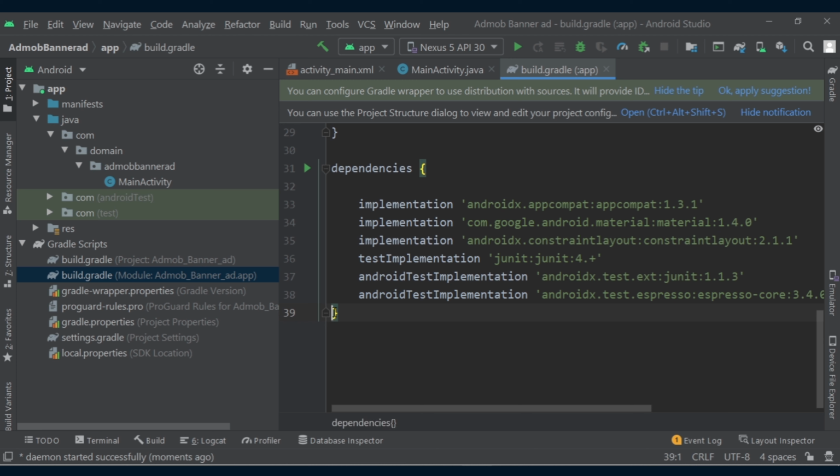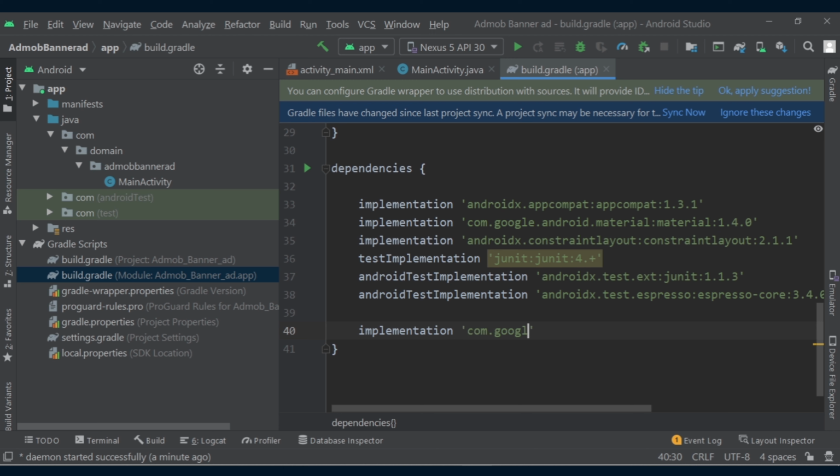So let's add one: implementation com.google.android.gms:play-services-ads, and here we will add the latest version of Google Ads, which is 20.4.0. Let's remove this space and sync our project.